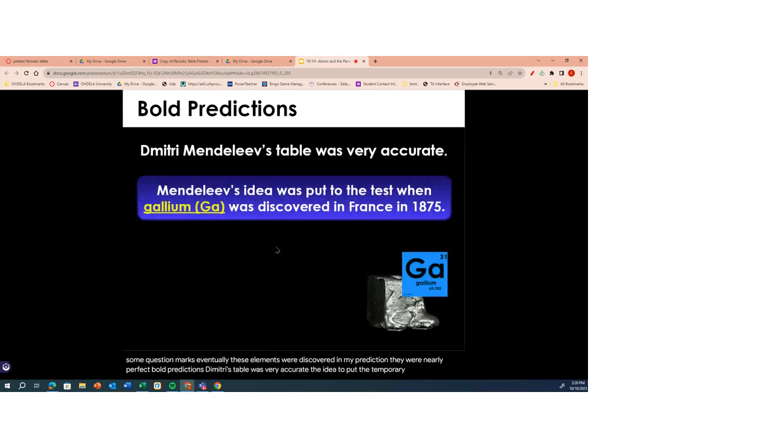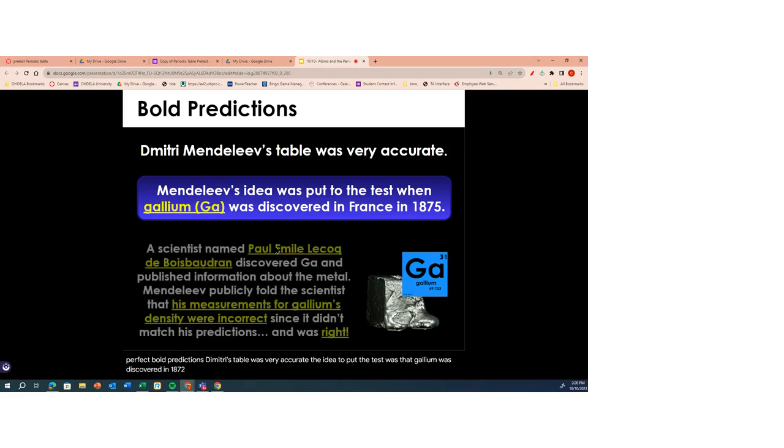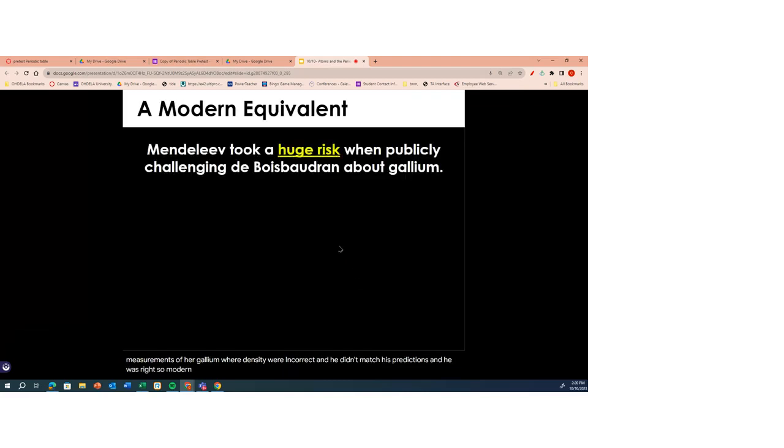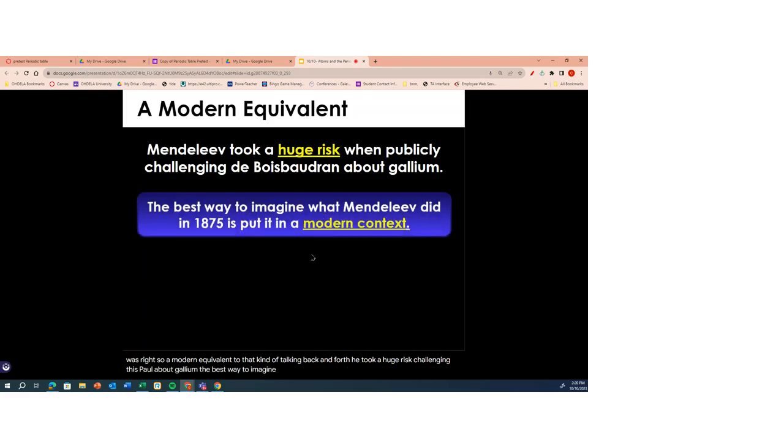The test was that gallium was discovered in 1875, and this scientist, we'll call him Paul because I can't say that long name, discovered gallium and published information about the metal. Mendeleev publicly told the scientist that his measurements of gallium's density were incorrect and didn't match his predictions, and he was right. He took a huge risk challenging Paul about gallium. The best way to imagine it in 1875, in modern context, would be